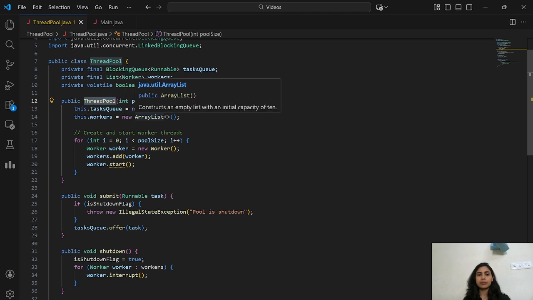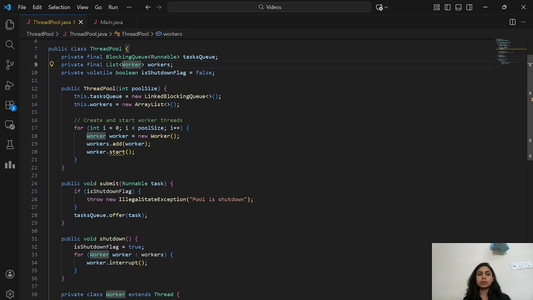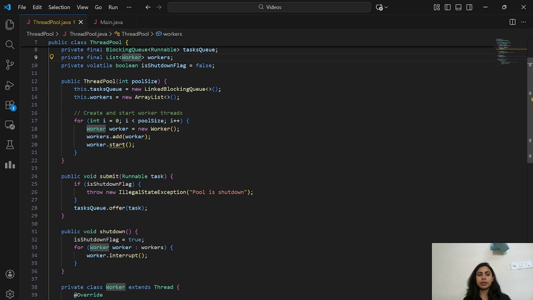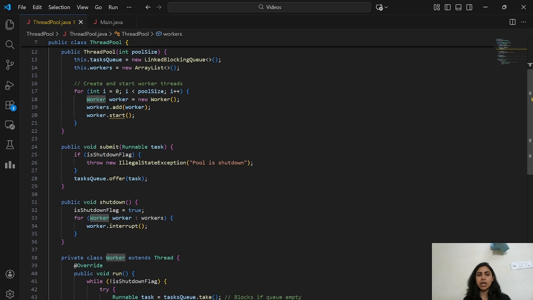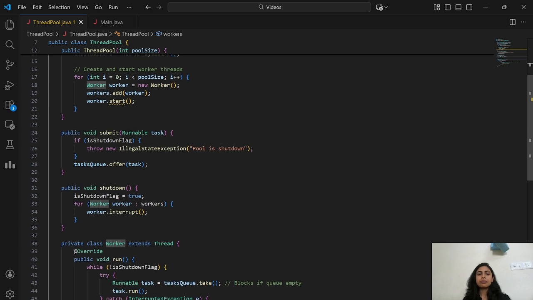So I have created a pool size basically. When I'll be calling it from main, I'll let you know how it is called. And here we are adding the workers to our workers list, which we are maintaining here, and we are starting the worker threads. So whenever a submit method is hit by the client application code, which is submitting the task basically,